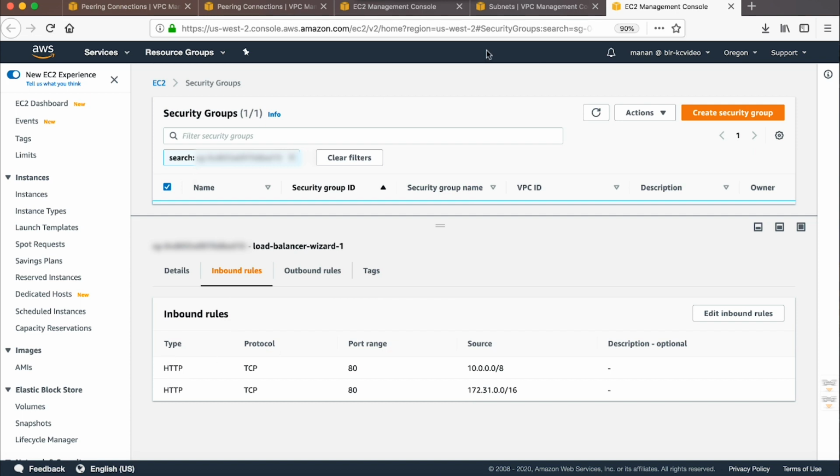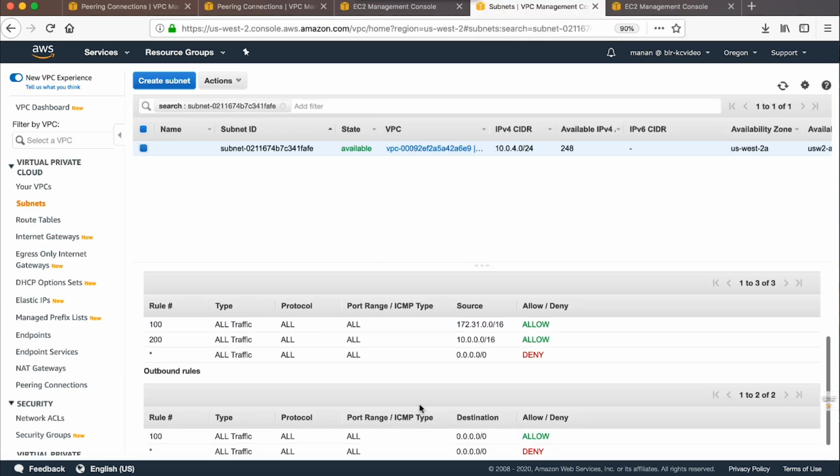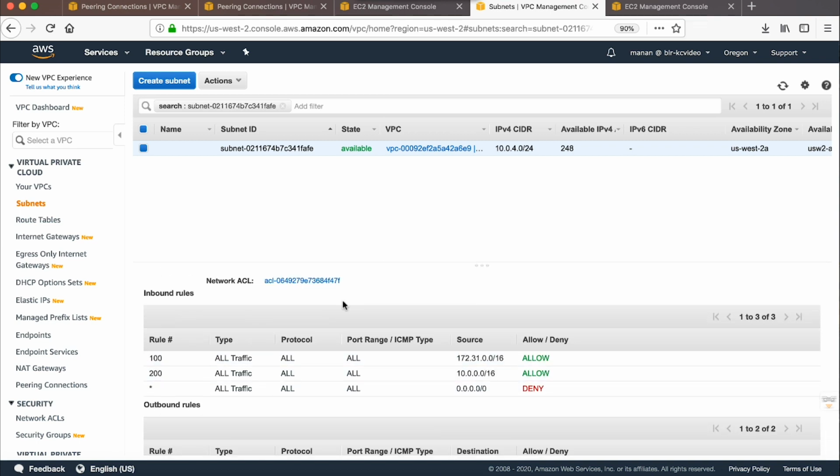For the network ACL of the subnet, allow ingress traffic from the instance IP or subnet or VPC for the load balancer's listener port, and egress traffic for the ephemeral port range from the load balancer nodes to the instance.